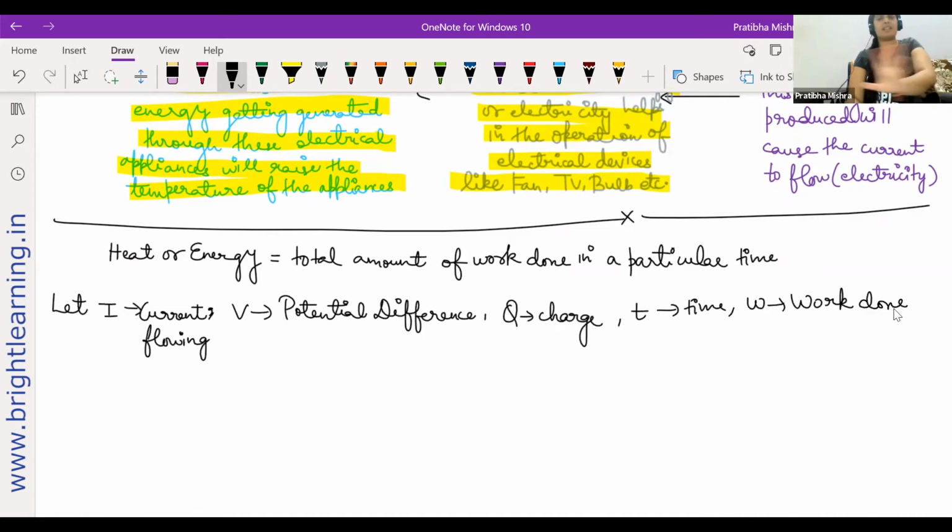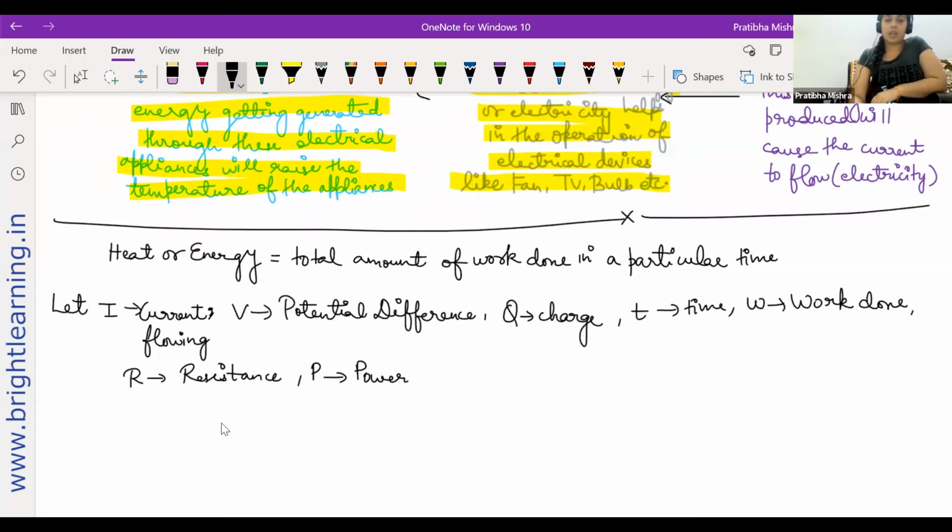These are the things that we have. Now what I'm going to write here, I'm not taking R, but if you want, you can even take R, the resistance, which we will need anyways. So we are deriving some formulas of heating effects. R is the resistance. Done. And let P be the power.